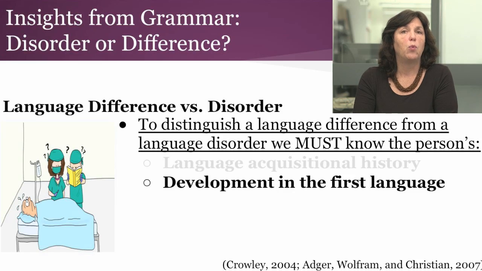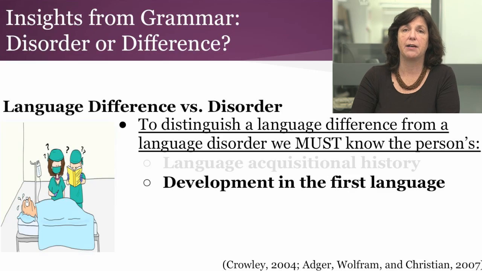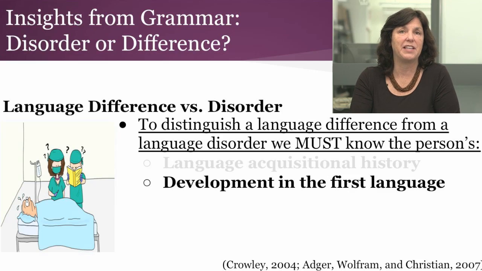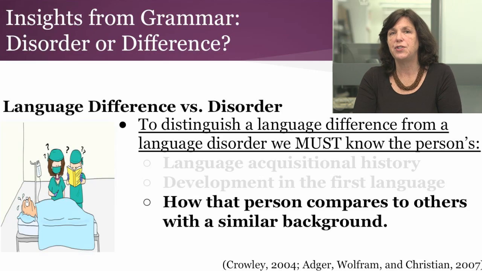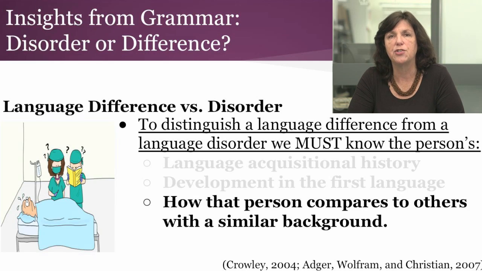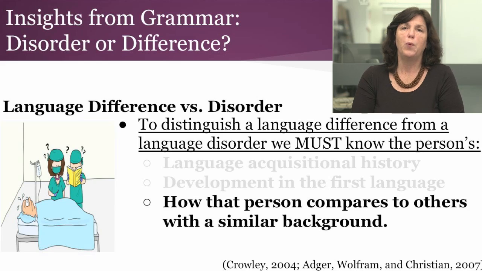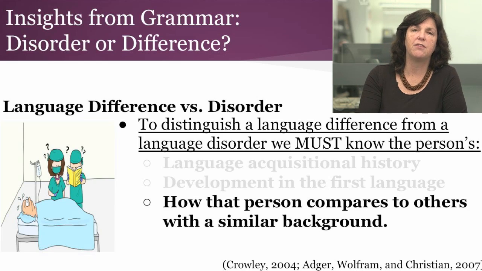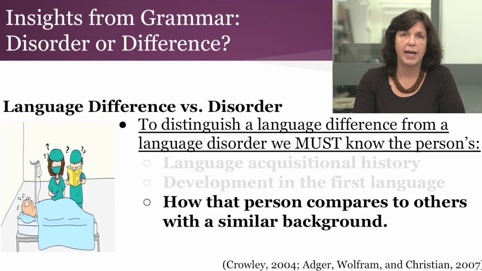For ELLs, we need to know what typical development looks like in that student's first language and how that student is developing or was developing in their first language. We also need to know how that person compares to others with a similar background. We can't compare the language of students from culturally and linguistically diverse backgrounds with the language norms of students who speak Standard American English. We need to compare a student's language with that of others in their cultural and linguistic